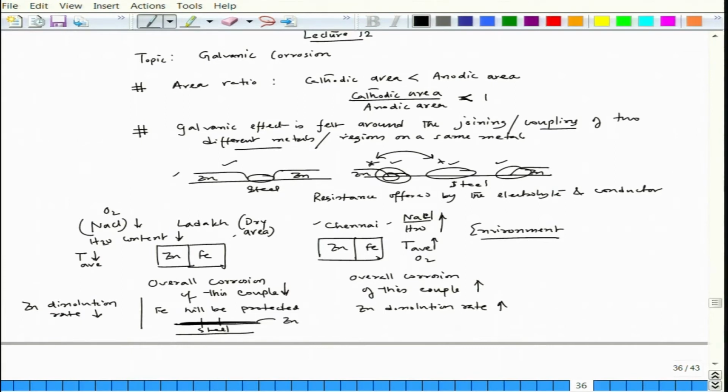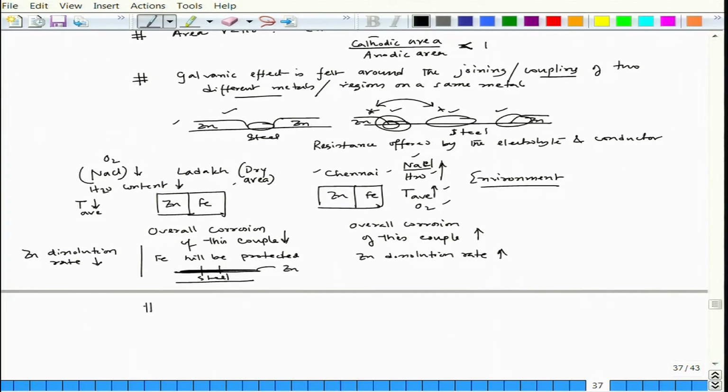So, that means if we can control these corrosive factors, and temperature is also a kind of corrosive factor, temperature increases the reaction rate. If we drop the temperature, the corrosion rate would generally drop. It is not like that all the time, provided there is no polarity change. Remember, this is important, the polarity of metals is also important. If all those cases are taken care of or removed, you will have overall control over the corrosion. So, environment is a factor. That is the third factor.